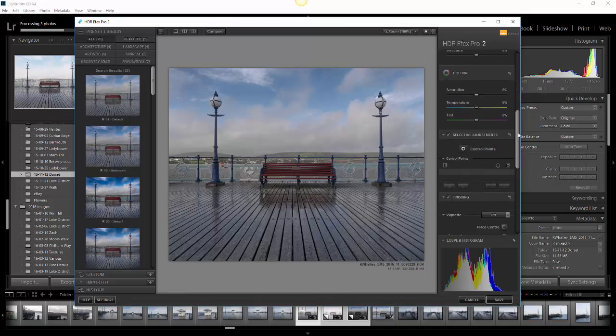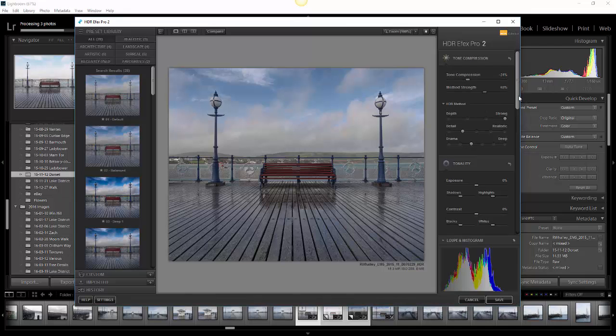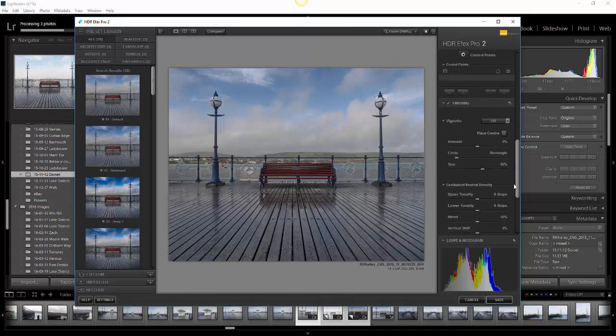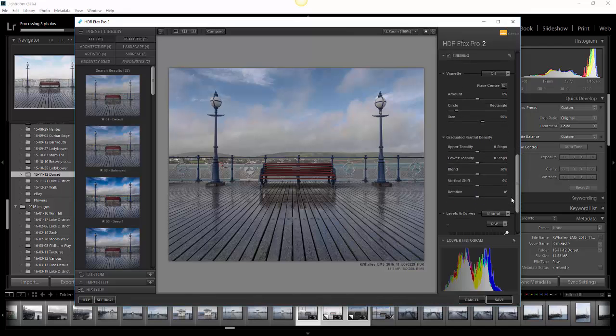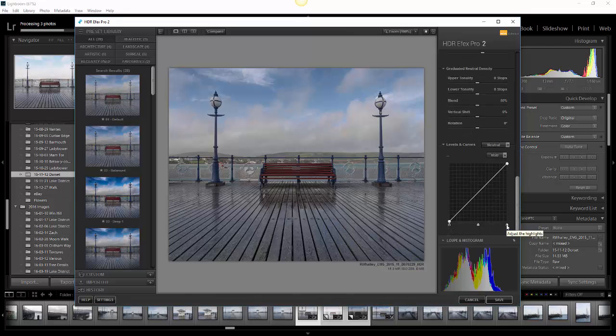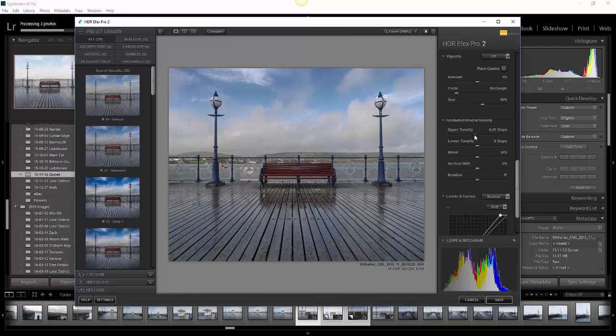Now I'm not going to really go into what all these mean in this tutorial. We'll save that for another day. The other things that I can do that are quite useful in here is I can use the levels and curves feature to add a little bit more impact to this image. I will darken down the sky with the neutral density graduated filter, and I'll just open up the